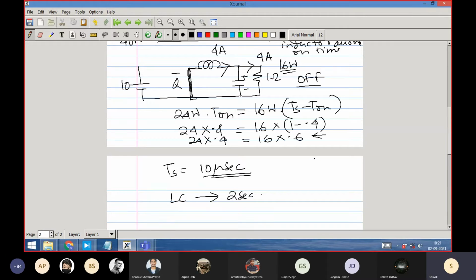Though I am exaggerating, nowadays it is not 2 seconds. It will be 20 milliseconds. Nowadays these things are pretty fast, but I am exaggerating just to demarcate that there is a zone which is the transient zone, and there is a zone which is the steady state zone. We are in the steady state zone in this analysis. That is what I am dramatizing or exaggerating, whatever you can say.